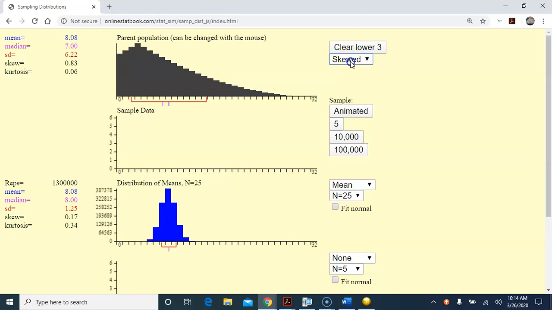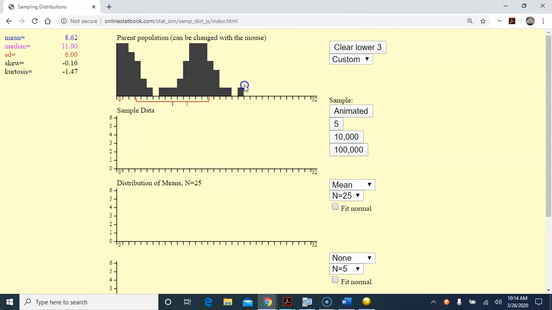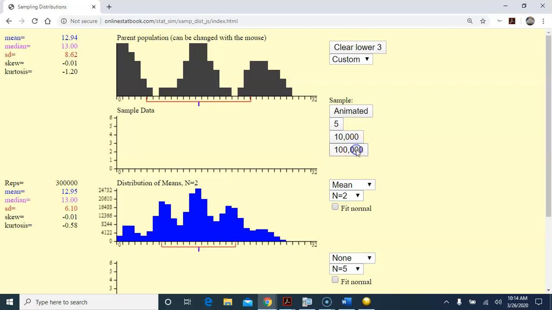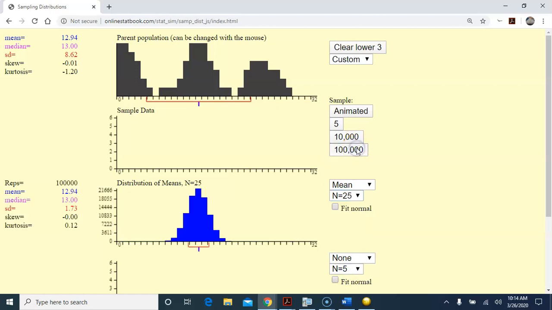And even if the population is really strange looking, like maybe something like this, if your sample size is small, the distribution of your x bars is going to kind of resemble the population distribution. But if your sample size is large, the distribution of x bars is going to look normal. And a long time ago, somewhere along the line, statisticians decided that quote-unquote large would be a sample size of